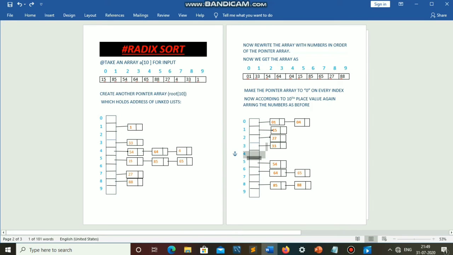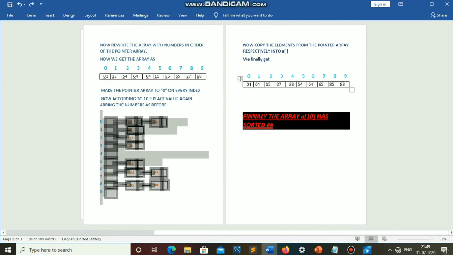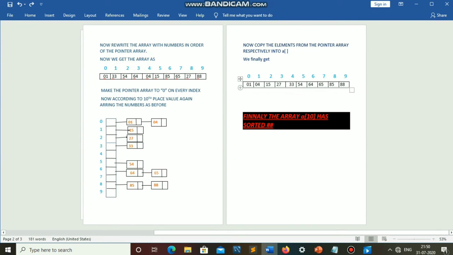Next, again, not even erase, we need to rewrite every single integer in the array A with these integers, which we made in the root array as shown before.